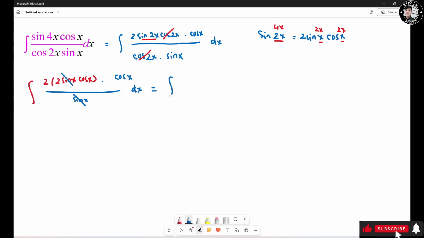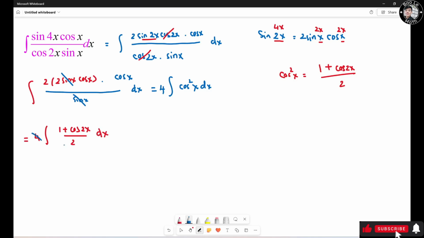So you have the antiderivative of 4. I'm going to put it in the front, because 2 times 2 times cosine times cosine is cosine squared of s ds. Now cosine squared of s equals (1 plus cosine 2s) over 2. So I rewrite it over here. It turns out to be the antiderivative of (1 plus cosine 2s) over 2. I put 4 outside.